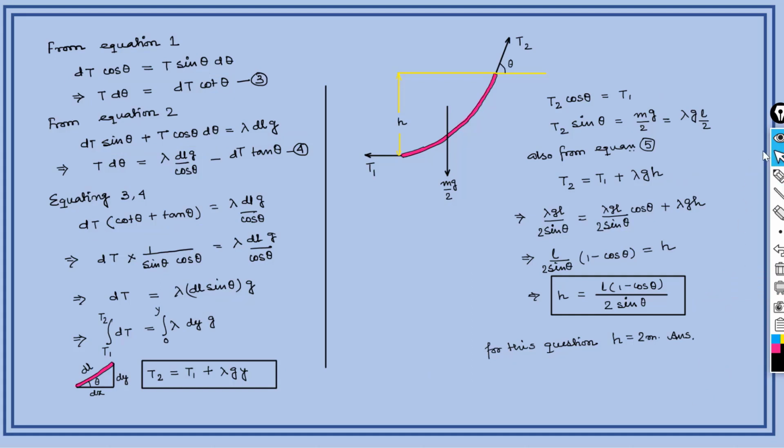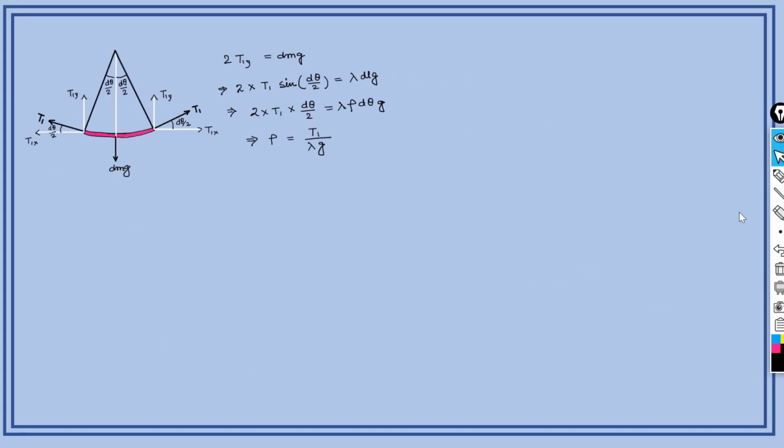For it I will go to the next slide. Yes. So in this figure you can see I have taken a very small portion of the hanging rope which is at its lowest point, and this part is obviously a part of a circle, and the radius of this circle is the radius of curvature of this particular segment. That is what I have to calculate in this question. So here the radius of curvature is this rho,